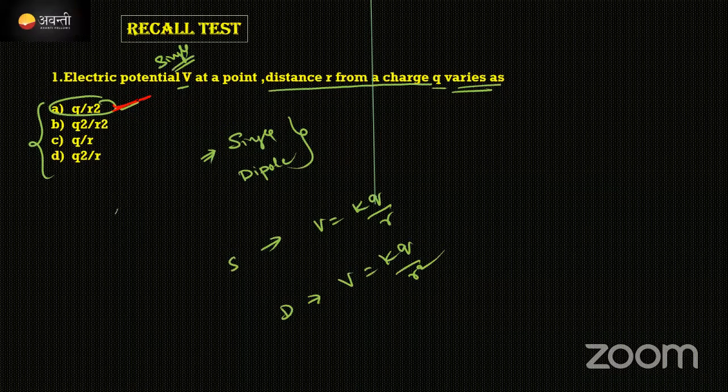Clear? What is the mistake in this question? I informed you all, right? And if you still have any confusion, let me know in the chat box. How can option D be possible? Option D is not possible. Srujan, how is it possible? Option D would be potential energy for a group of charges. Is it clear, the point I explained here?